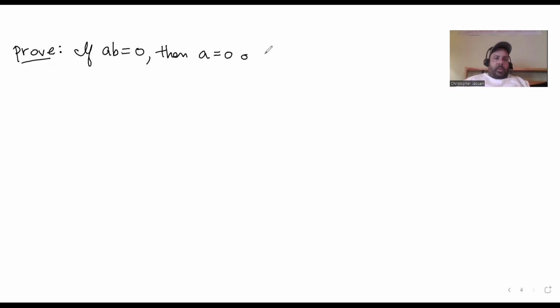Okay, next thing on the list, prove: if A times B is 0, then A equals 0 or B equals 0. Right, so let's do that again using the axioms, just the field axioms. So proof: